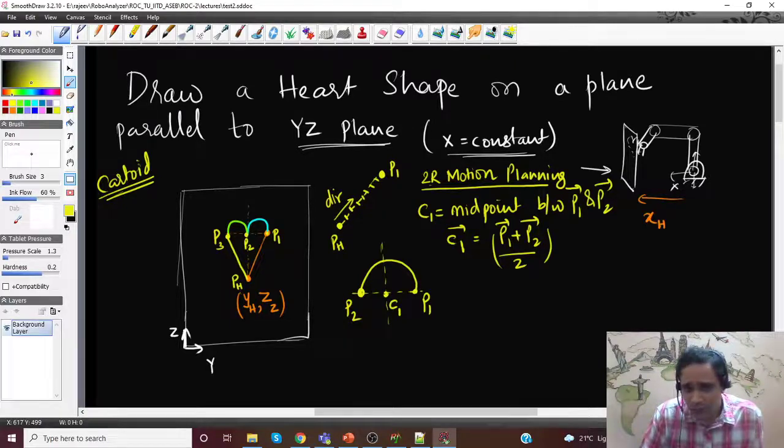Once we get this C1, we should be able to draw every point on this curve using our R theta formulation.